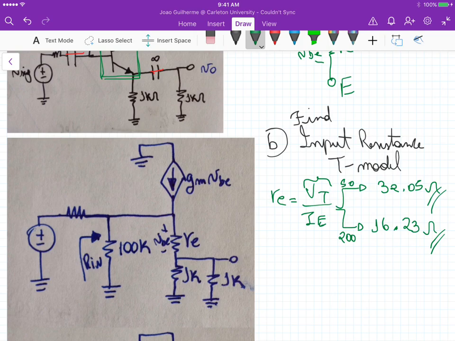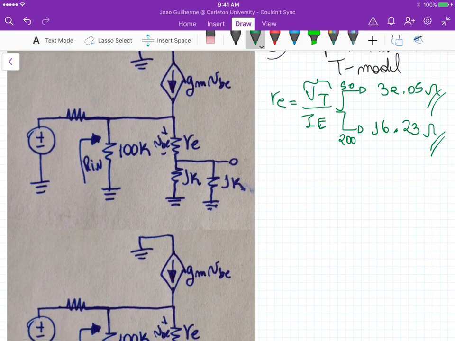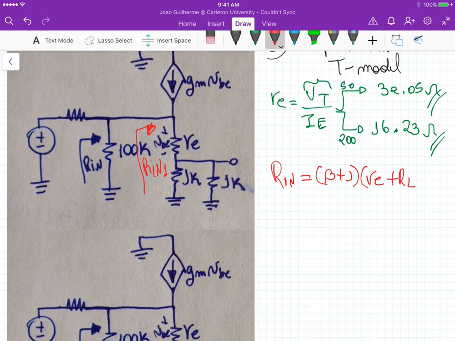Now, there's a chapter in the book that basically gives us this input resistance. So if we look at this from this terminal here, this is R in 1. That's given by the book. So this R in 1 is equal to beta plus 1 times RE plus RL. And for that particular circuit, RL is just 1K, or just the load resistance here, because